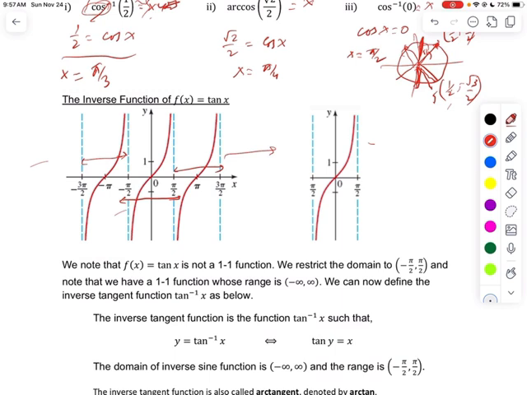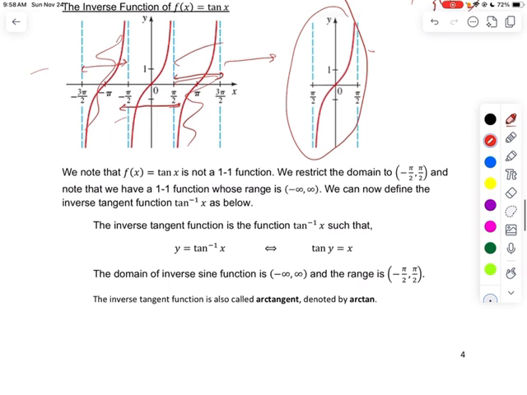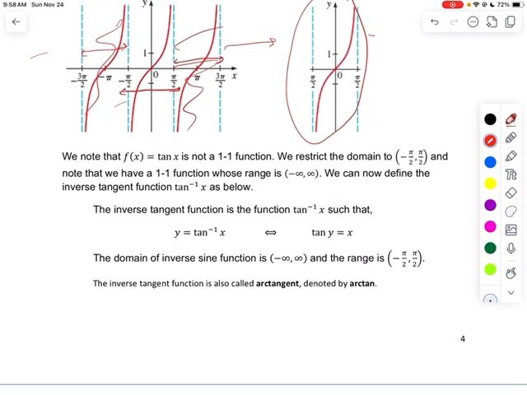Now the tan inverse function, so we have a similar situation. We have to restrict the domain. So where should we restrict the domain? Common sense tells us that we should restrict the domain between negative pi over 2 to pi over 2. Now if someone asks why can't we do from pi over 2 to 3 pi over 2,